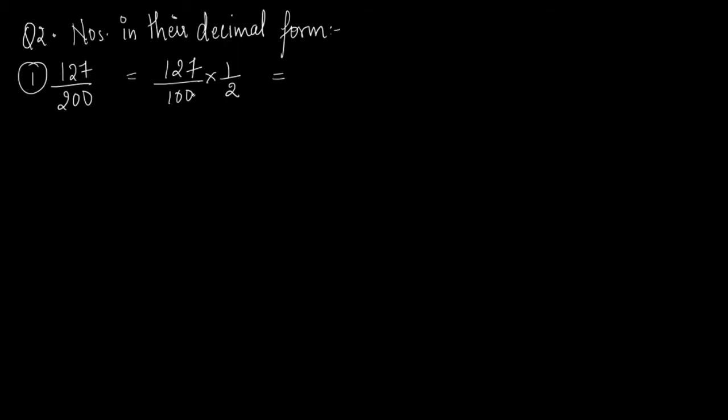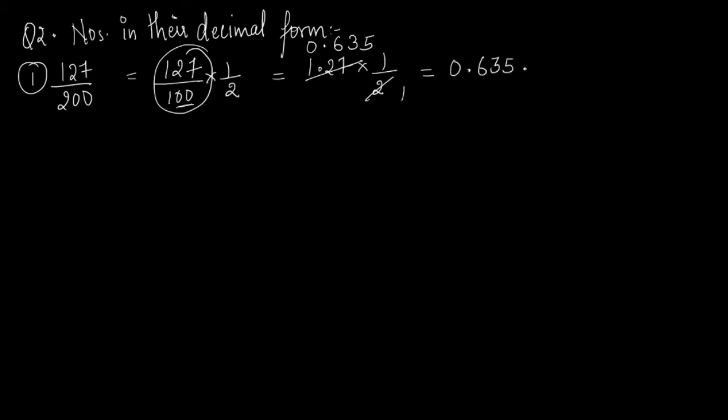And you all have already studied that we can convert this easily into a decimal. Why? Because you have 2 zeros over here. So now just shift 2 decimal places. So I get the answer as 1.27 multiplied by 1 upon 2. Now divide: 2 1s are 2, 2 6s are 12, 2 3s are 6, and 2 5s are 10. So your answer is 0.635. For those children who didn't understand this division over here, I'm doing it again for you.